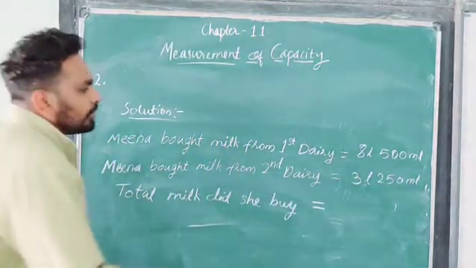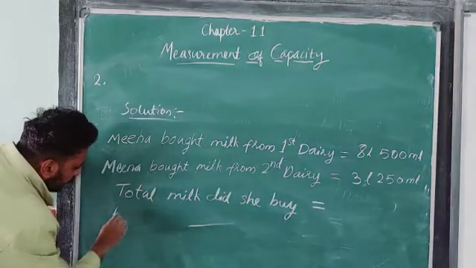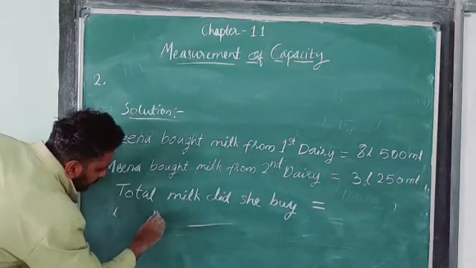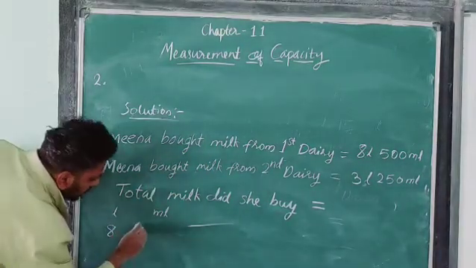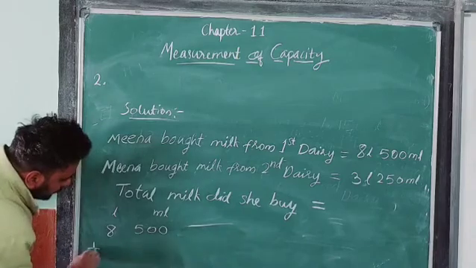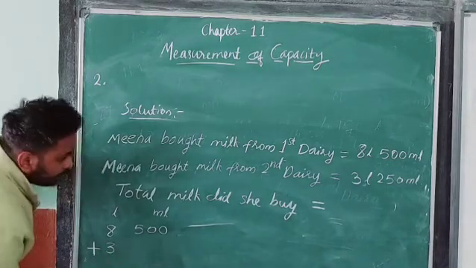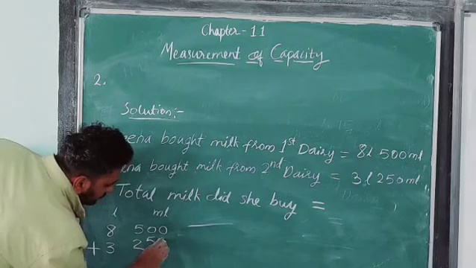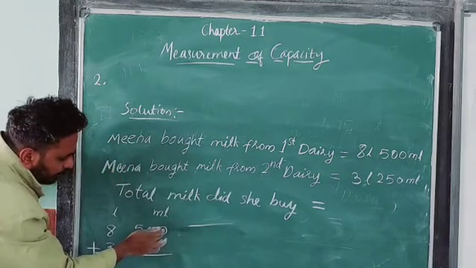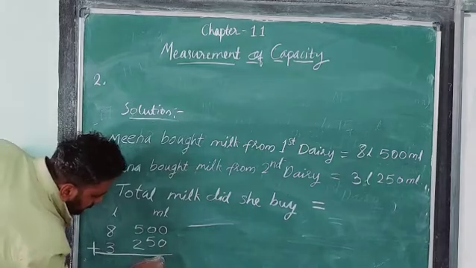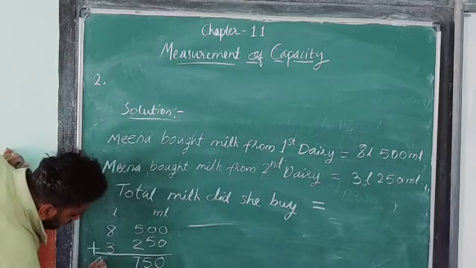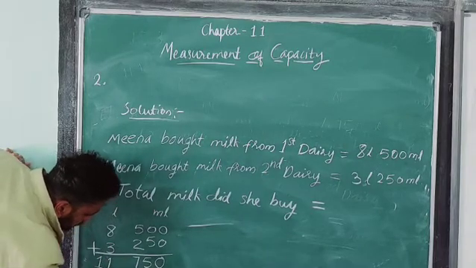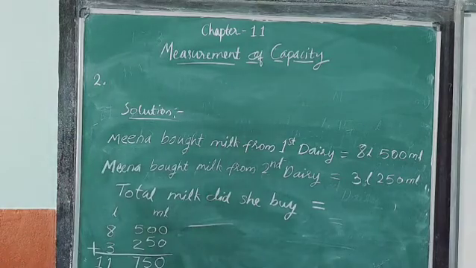For that we have to do addition. Before that we have to write the liters column and then the milliliters column. Then in liters column 8 and 500 in milliliter column, then plus 3, 250. Add milliliter column first. 0 plus 0 is 0. 0 plus 5 is 5. 5 plus 2 is 7. 8 plus 3 is 11. So total 11 liters 750 milliliters